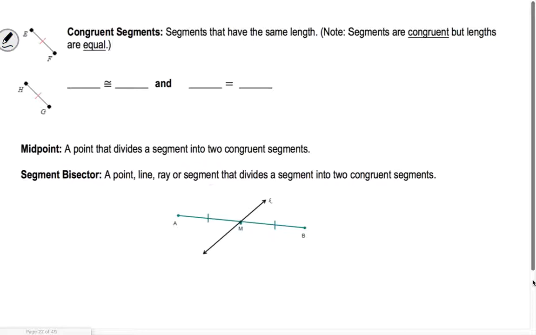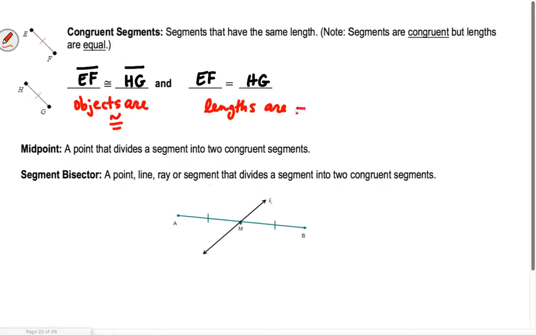So if I talk about congruent segments, I would say that EF and HG with the line segment over them are congruent. So objects are congruent. But if I talk about their lengths, then I would do EF without a line over it, and I'd say it's equal to HG. So lengths are equal. Okay, so it's kind of a tiny thing, but it's a big deal in geometry because eventually we're